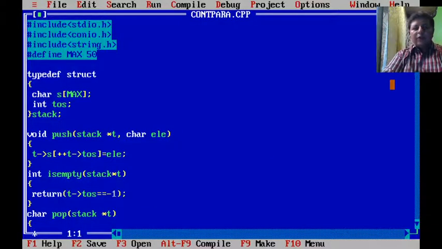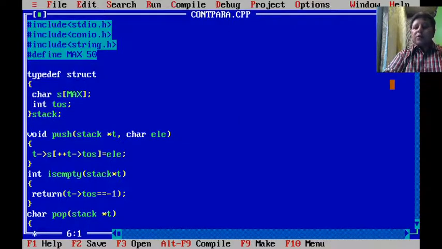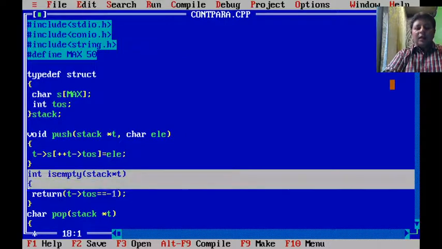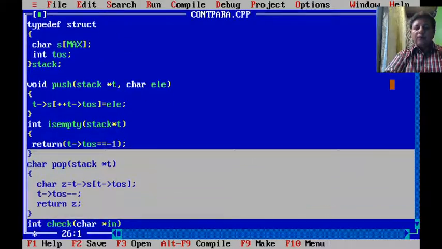Here I've kept the program ready for you, but I'll be explaining what exactly we have done in it, so that it'll save time. You would see the same structure. Here also we need the stack of characters, because what I'll be pushing onto the stack is nothing but the brackets, which are made up of characters. So we'll have the push function, and similarly the isEmpty function to check whether the stack is empty or not, and similarly the pop function. All these are functions which we have already used in the conversion of infix to postfix.